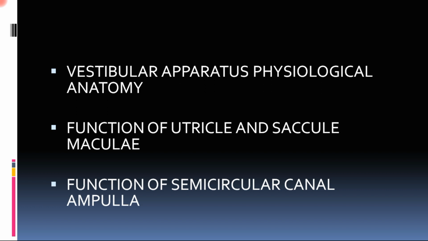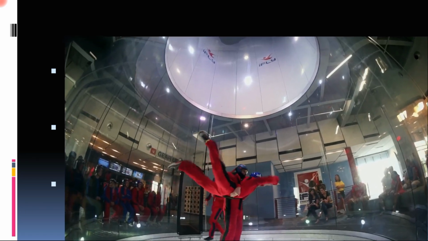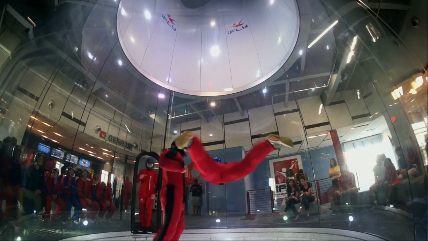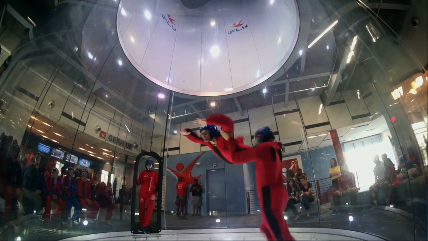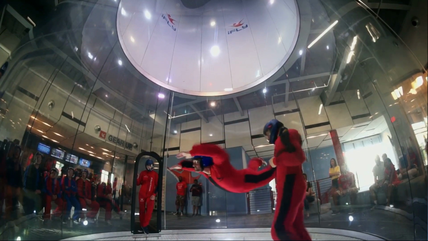In my view, if I say what is vestibular apparatus, it is just like the muscle spindle. As the muscle spindle is the sensory unit present inside the muscle, which gives us the sensation of what is happening in the muscle and is involved in various reflex and voluntary motor control, similarly, vestibular apparatus is also a sensory unit. It is a sensory unit for equilibrium. Equilibrium means the posture of the body.